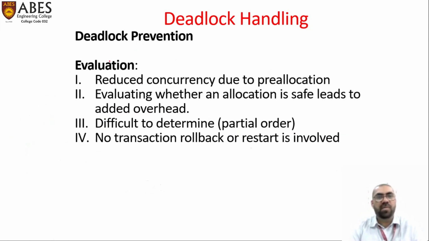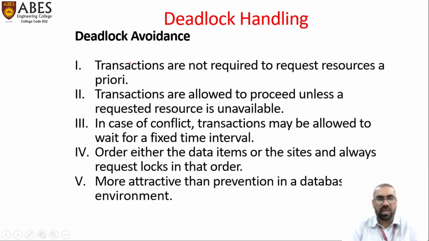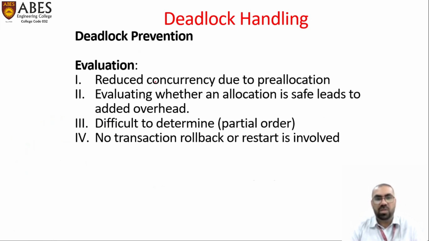Again, deadlock prevention: when we have an evaluation pattern, we need to handle it there. Now, it reduces the concurrency due to the pre-allocation. We've already done that. Evaluating whether an allocation is safe leads to added overhead. Again, we are adding something again. It is difficult to determine partial orders. No transaction rollback